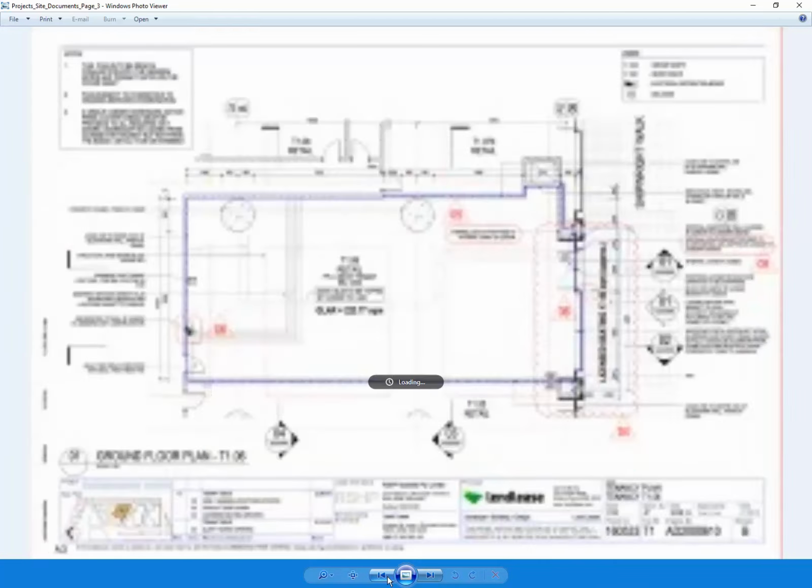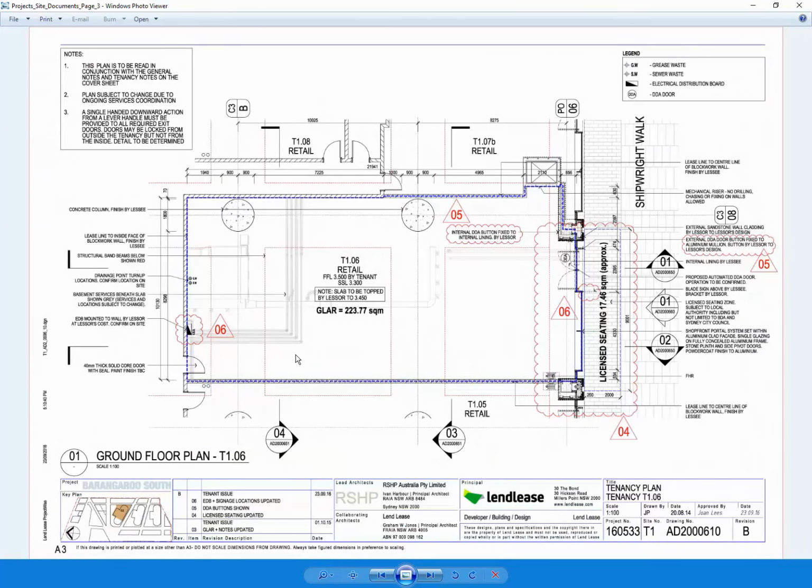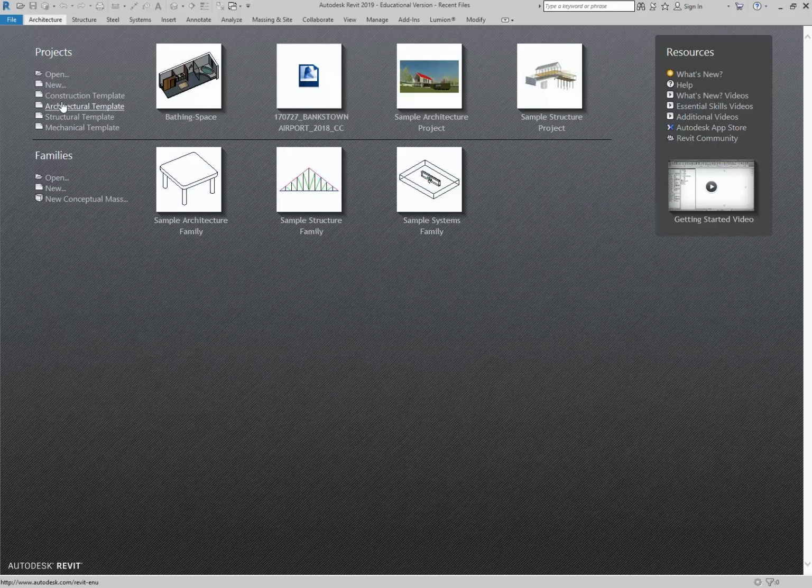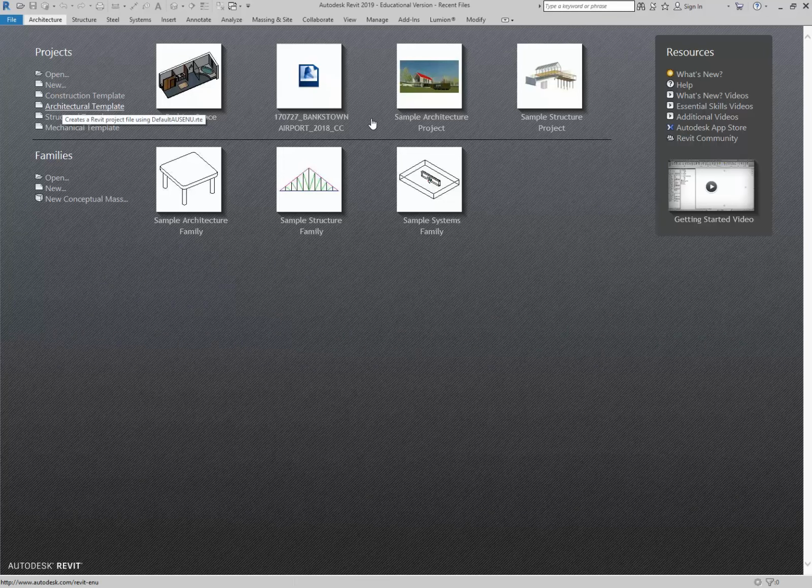Okay, so we've got these drawings that we've been provided with of your retail space, and I've created JPEG copies of all of the drawings, but I'm going to begin with the floor plan that you can see there, and bring that into Revit so that we can use that as a basis for the model that we're going to create. So, into Revit, I'm going to use the architectural template as always to begin,